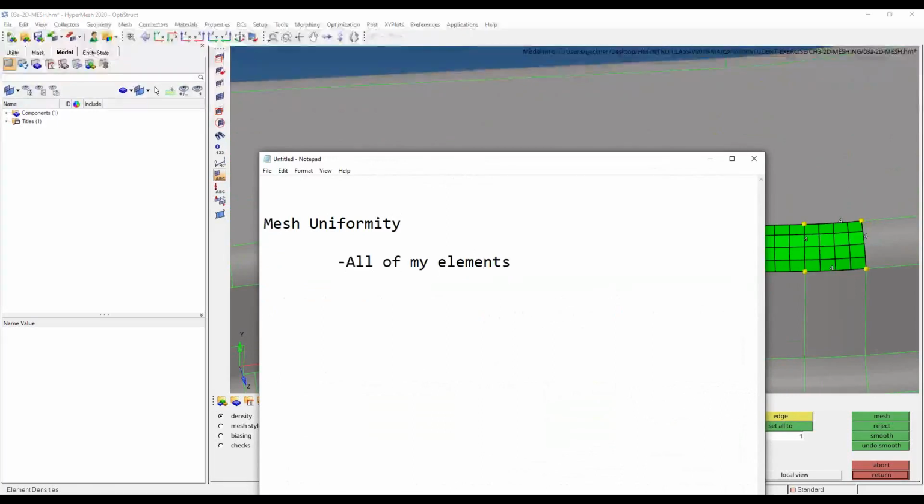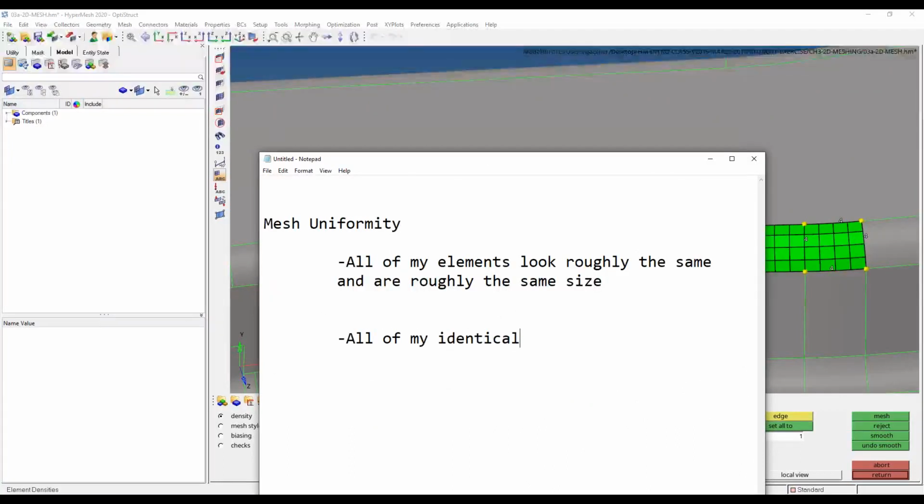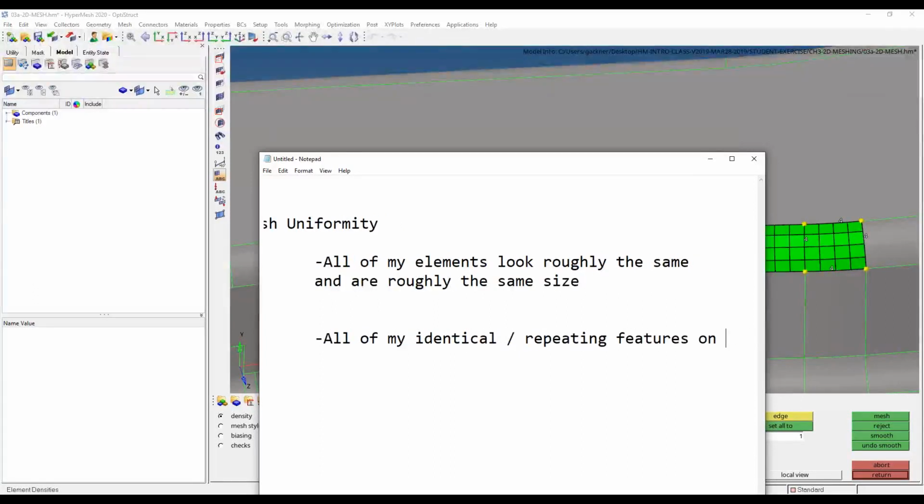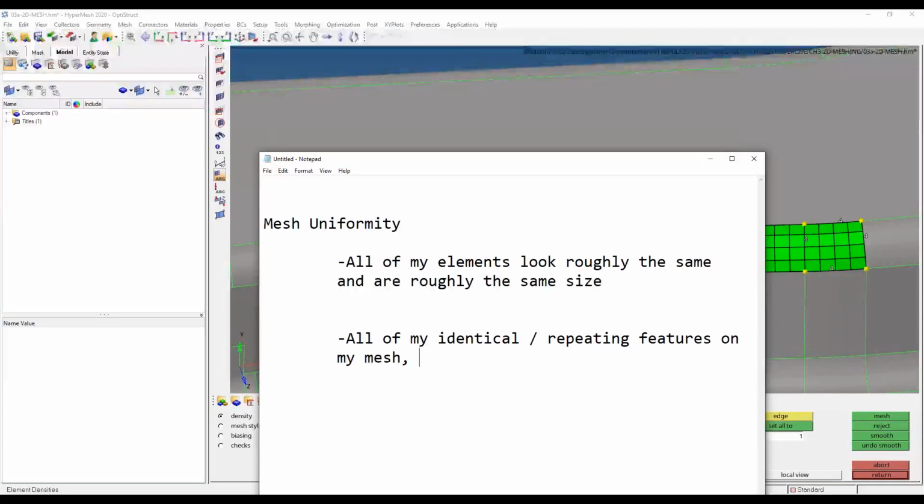All of my elements look roughly the same and are roughly the same size. So from an element to element perspective, we want them to be as uniform as possible. And then the other part of it's more of a macroscopic way, a little bit more global, in that all of my identical or repeating features